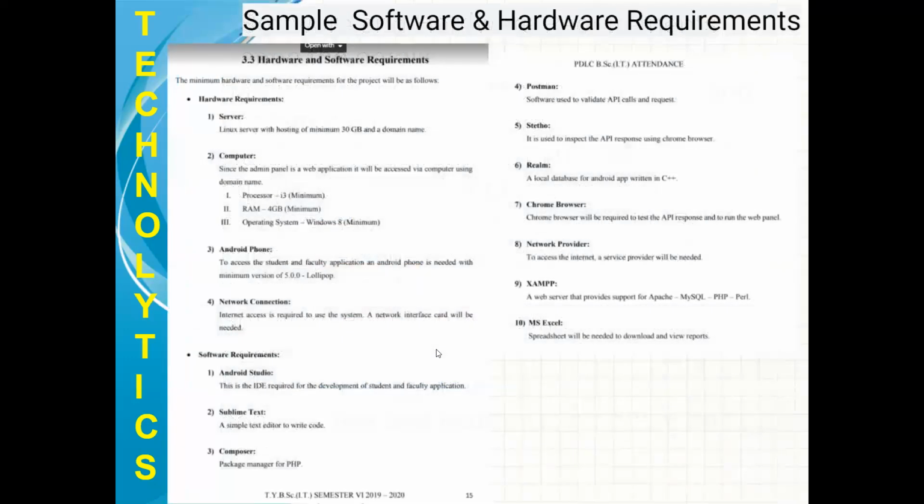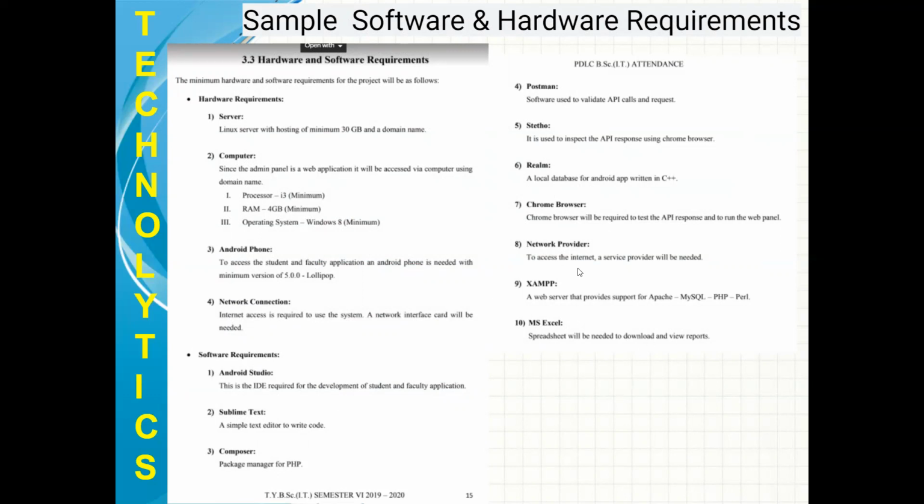I have included a sample. Here please note, instead of 3.3, it should be 3.4, hardware and software requirements. So here hardware requirements, you can see server, computer, actually processor is there, RAM is there, operating system is there, Android phone, network connection, etc. So these are all hardware requirements. And here you can see software requirements such as Android Studio, Sublime Text, and so on.